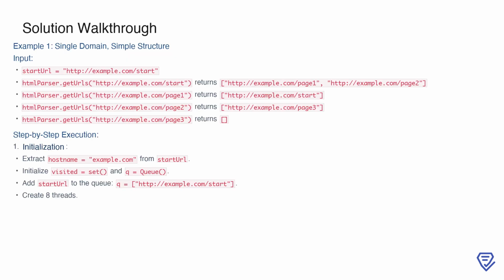domain. In this example, we are given a starting URL, http://example.com/start. The goal is to crawl all pages within the same domain using multiple threads. First, we extract the hostname from the starting URL, which is example.com. Then, we set up our data structures, a set called visited to track URLs we've already processed, and a queue to manage the URLs waiting to be processed. Initially, we add the starting URL to the queue. Finally, we create 8 threads that will work concurrently to process the URLs in the queue and explore the web